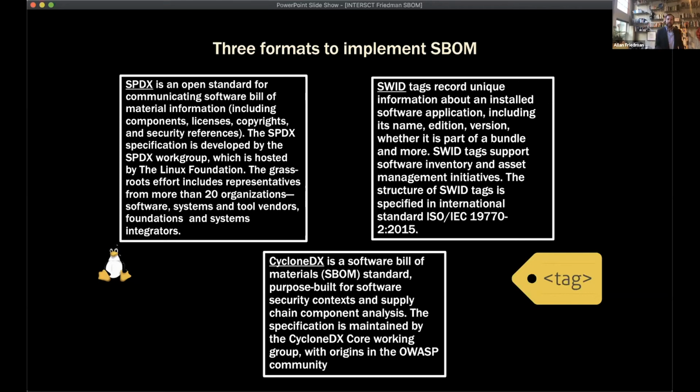SWID tags have the benefit of being an ISO standard. They also come out of the licensing world for commercial software licensing. This is something that my Commerce Department colleagues at NIST like a lot. There isn't quite as large an active development base and a community around this because it's not technically part of the open source world, but it is something that can be used for this because, again, a SWID tag is all about saying, here's a piece of software, here's its properties, here's how it relates to other things. And again, my colleagues at NIST are going to be doing more for this as well.